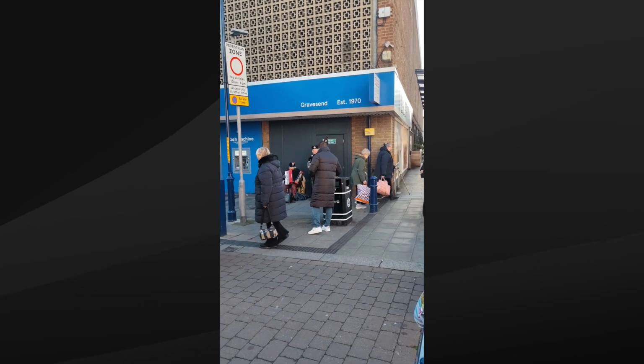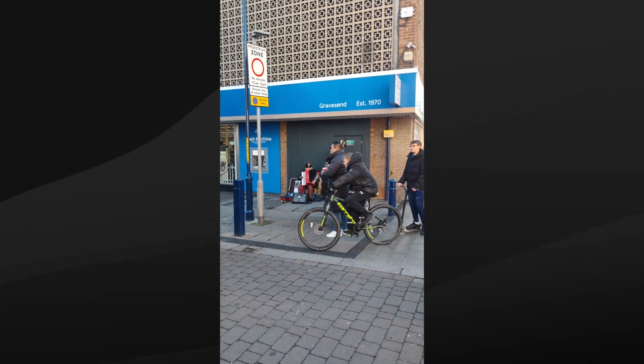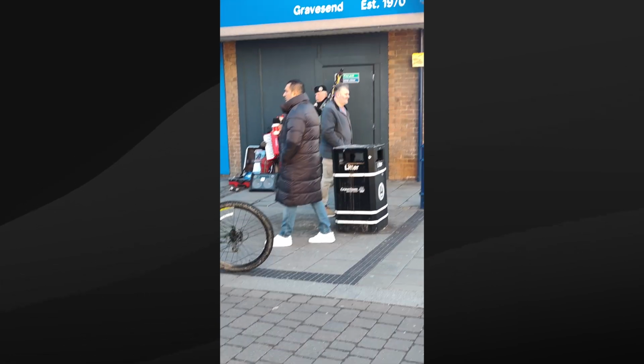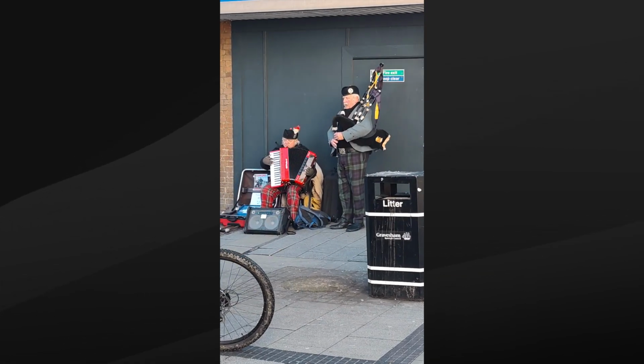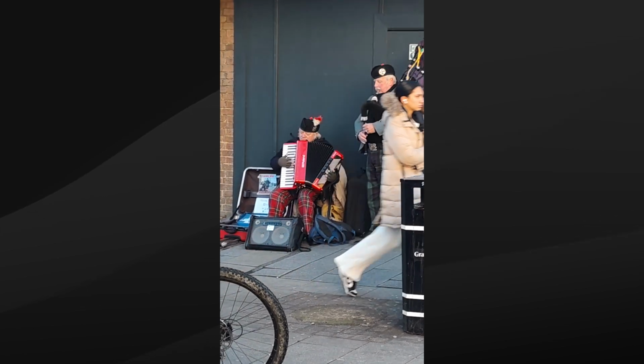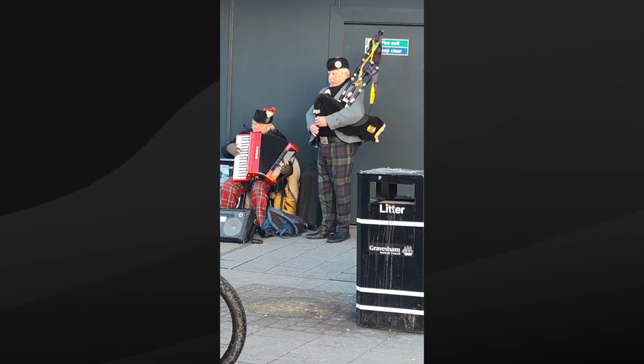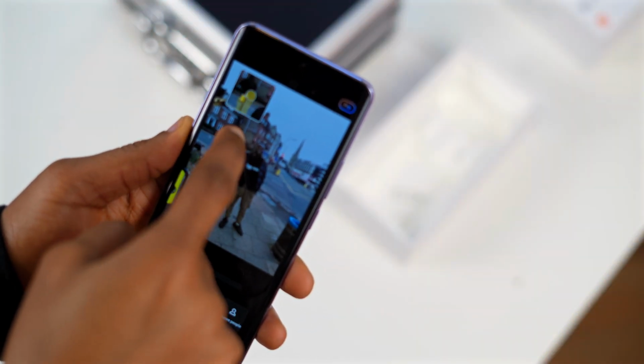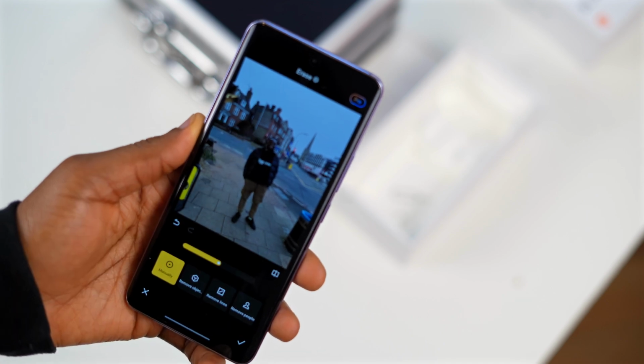This is missing the telephoto camera found on the Indian or Chinese version like I mentioned earlier. However, the Indian version doesn't have a 200 megapixel sensor but a 50 megapixel main sensor, so I think we are kind of even. Checking out the 20 megapixel selfie camera, it nails skin tones, and that is what I really like about it. Redmi Note 14 Pro Plus also has some cool AI features to remove unwanted objects and